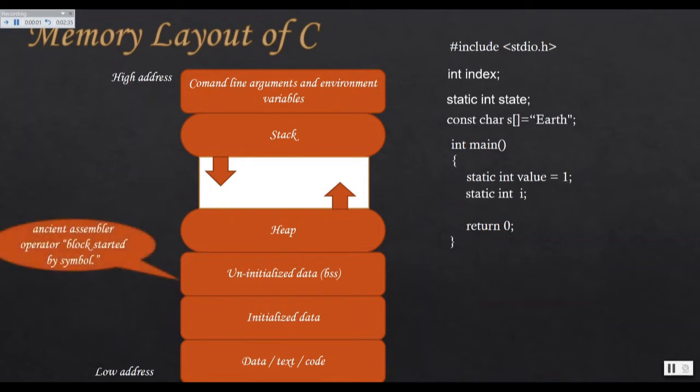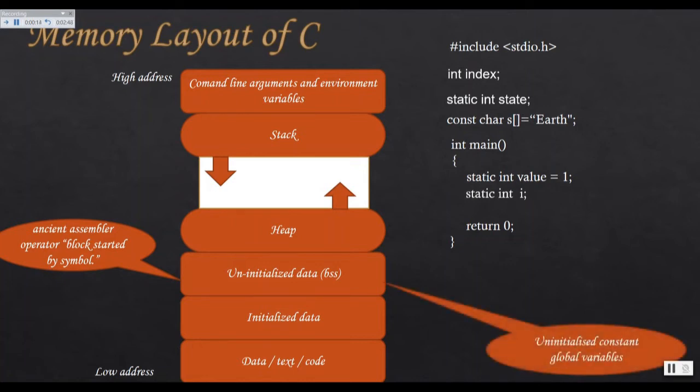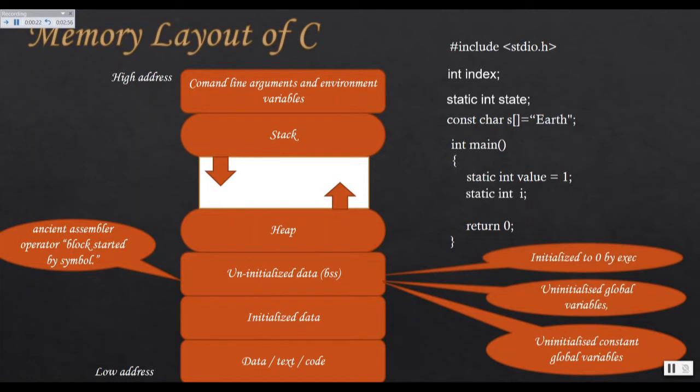Now let's see in detail the uninitialized data segment, which is known as the BSS segment. The name BSS comes from an ancient assembler operator called block started by symbol. This segment contains all the uninitialized constants and global variables, which are initialized by the execution process.